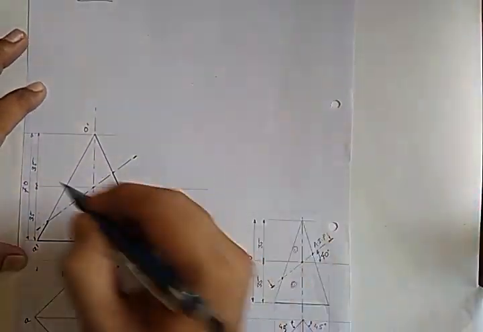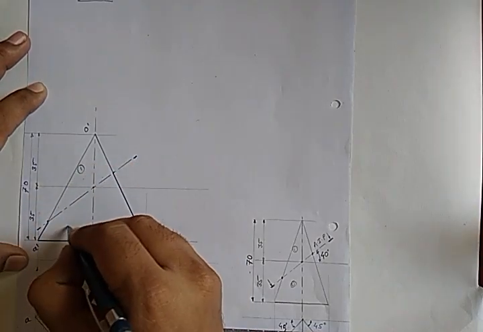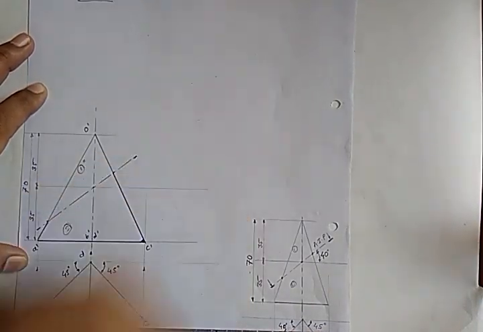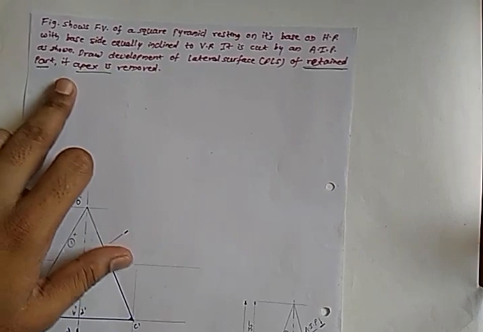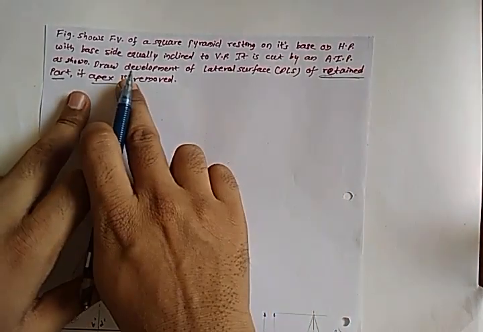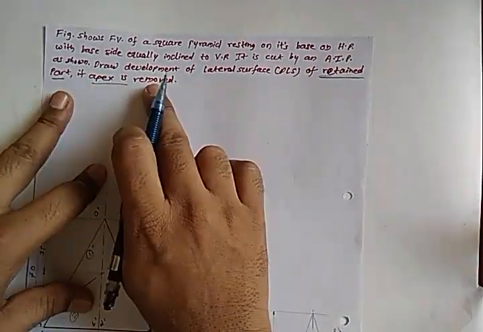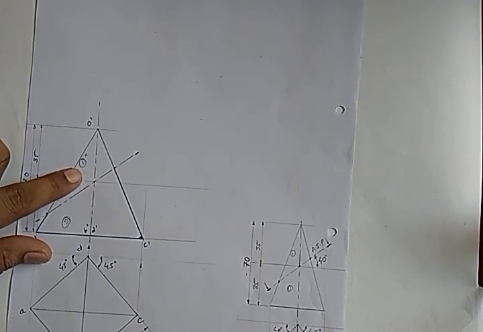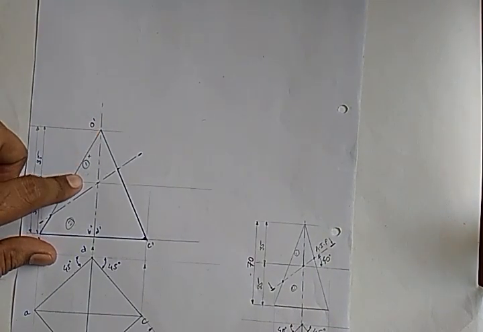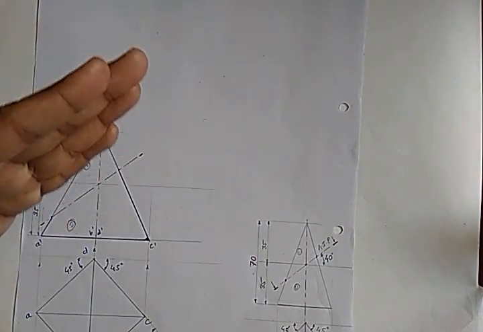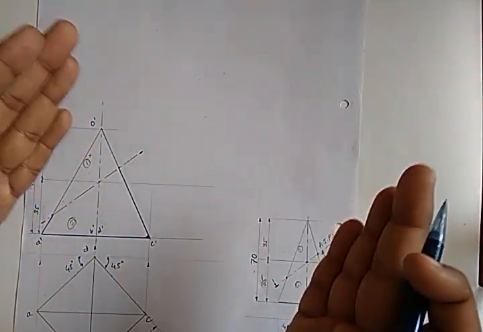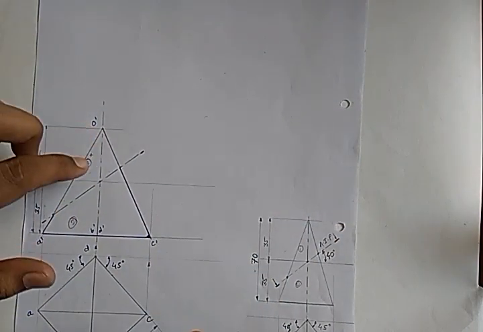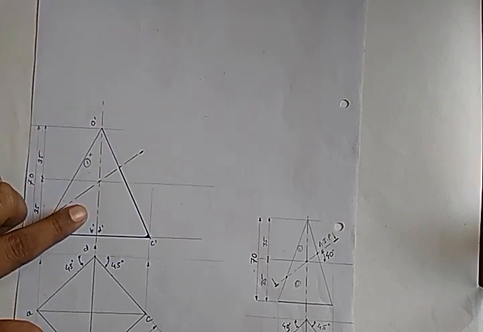So this body is divided into two halves. This is the first, this is the second. This first part we need to remove, as it is given in the problem that the apex is removed. This first part is concerned with the apex, so we have removed it when it is cut by the cutting plane. The part which is with the base, that we are considering.